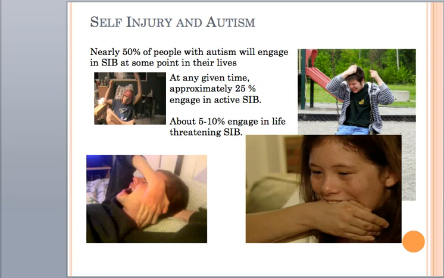Only about 5 to 10% of those individuals at any given time engage in what we call life-threatening self-injurious behaviors. Like Harry, his self-injury was not life-threatening, but it was inappropriate. But there are individuals who could engage in very, very dangerous self-injury. It's a small percentage of people with autism, but it's still an important population that need